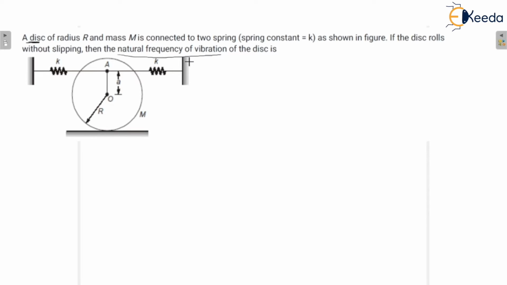Because what is the quality and the benefit of the torque method? Suppose this is a system diagram you can see here. If you are able to write down the equations of vibration for any system which is given in the paper, then it would be easy to calculate the natural frequency or whatever is asked in the question. You just have to write down the actual equations of vibration according to the system given in the question. So that's why it is easy to find the natural frequency or anything else in the torque method.